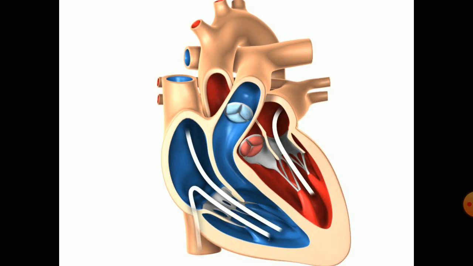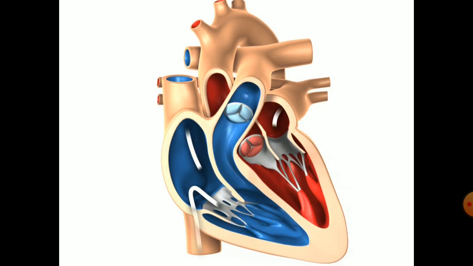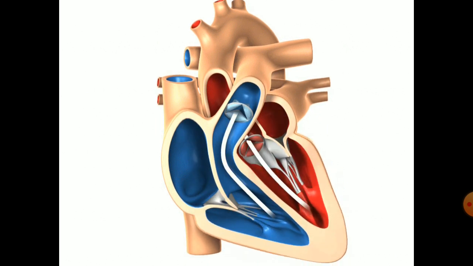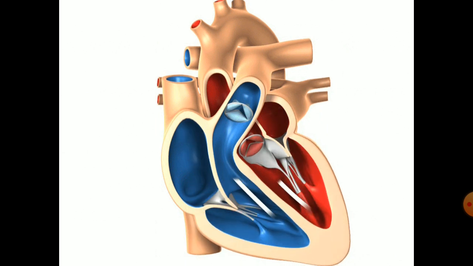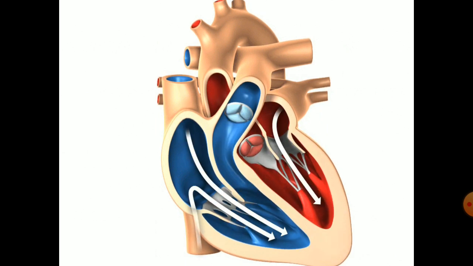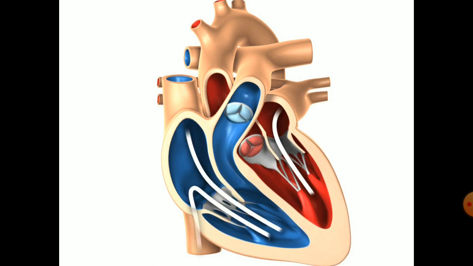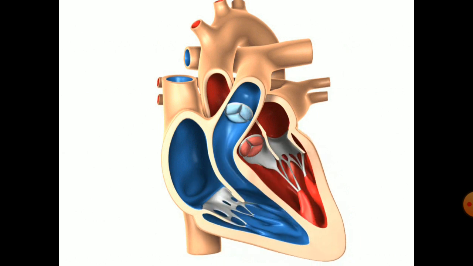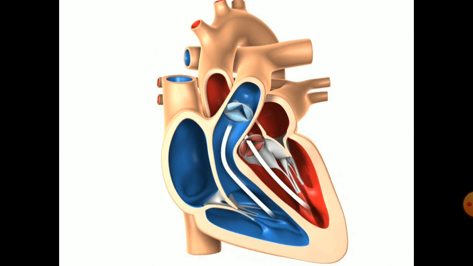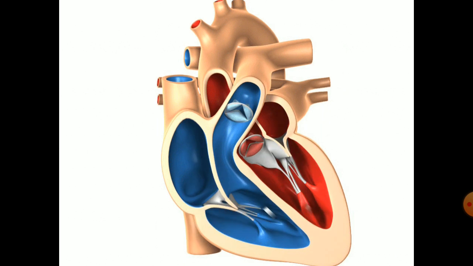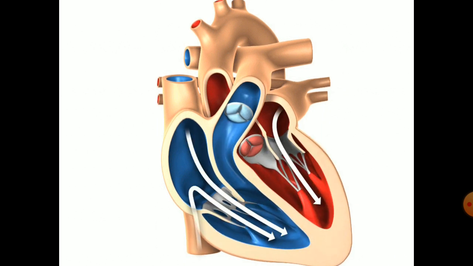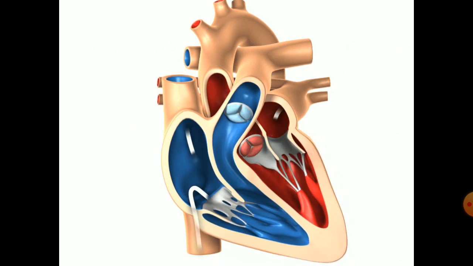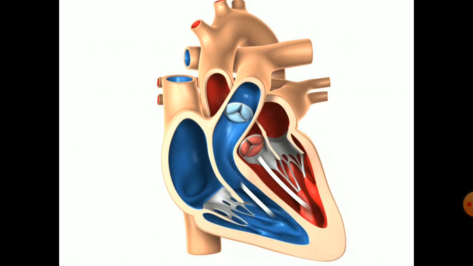So in this picture you can see the flow of the blood in the heart. The largest veins in the body are the superior vena cava and the inferior vena cava. You can see the superior vena cava on the upper side of the right atrium, and the inferior vena cava on the lower side. The deoxygenated blood from the whole body is carried by these two venae cavae to the right atrium,